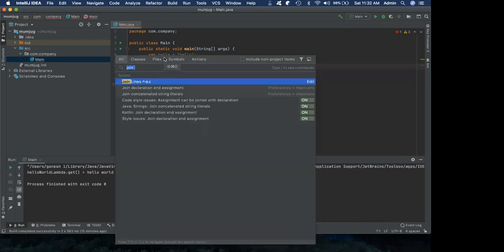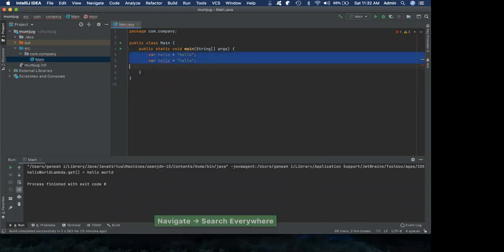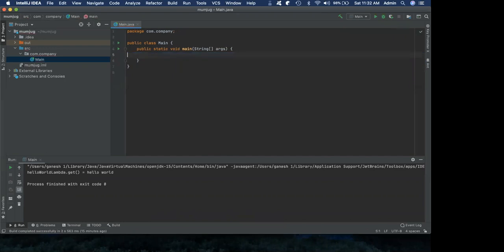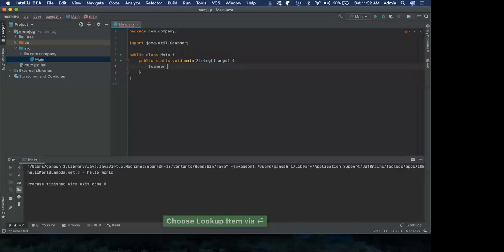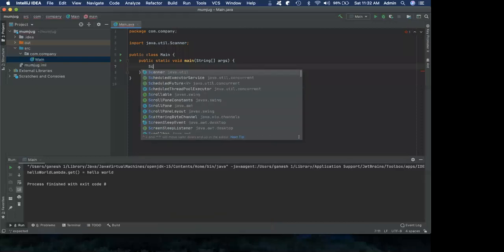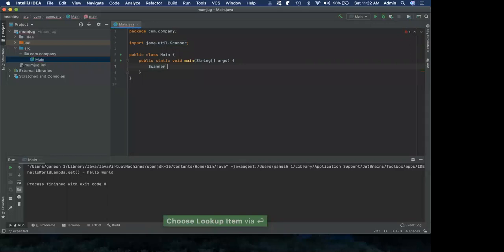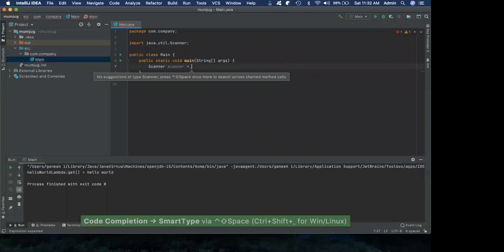So I hope you are trying along with me, right? Now let us write a small program, right? Before we proceed further, I want to read an input from the command line. So let's say I want to scan. You do the scanner, right? Now I type SC, and I was able to get the scanner, right? Now I want to type scanner. So what I do is control space, and I'm letting IntelliJ complete the variable name equal to, and I want to automatically introduce the new, right?